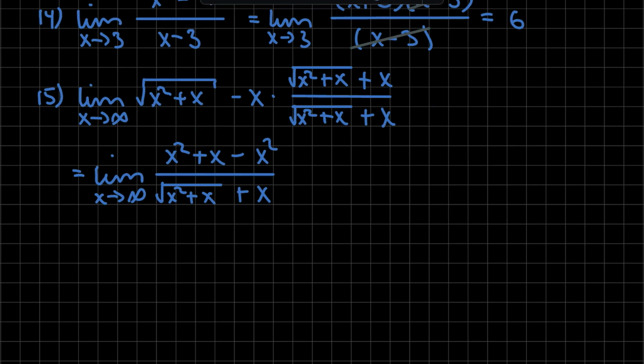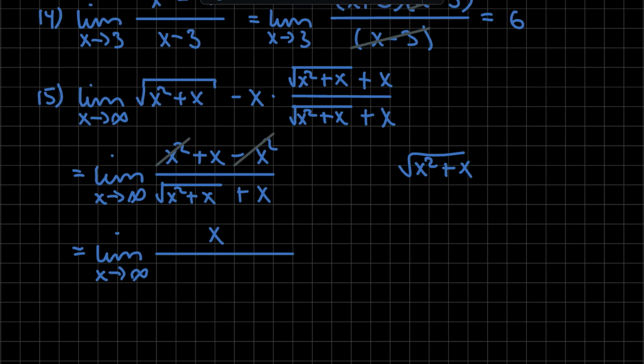Okay, so now that we got here, we notice that we can cancel out plus x squared and minus x squared. So on the numerator, we're just left with positive x. So let's write that down. We have the limit as x tends to infinity of x over something. Now, we have on the denominator a square root of x squared